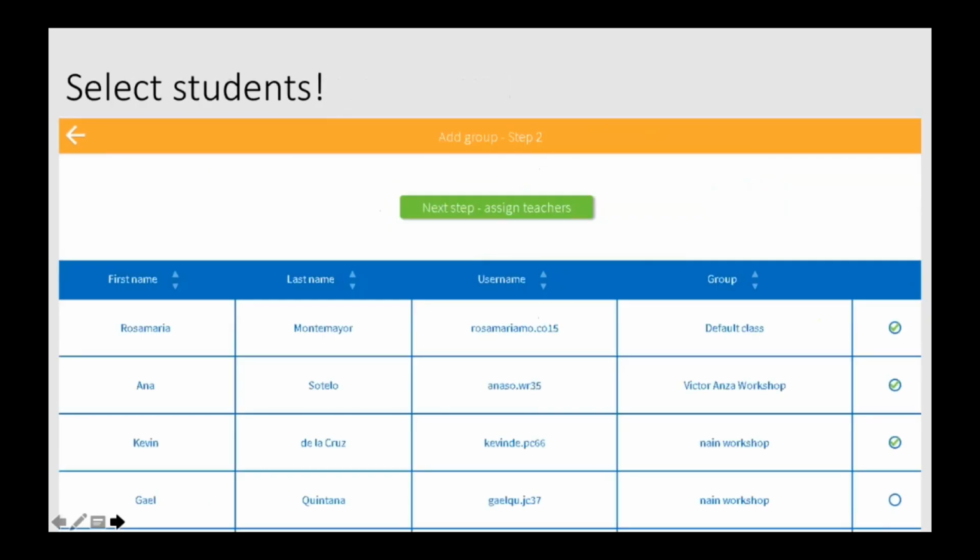And as I said, don't worry, the students are there. Just someone who has administrator permission can help you to do that. So as you can see, we select who the teachers are going to be that teach Primero A, maybe only one teacher, etc. So everything is there, and we are going to be helping you with that later. So we select the students.